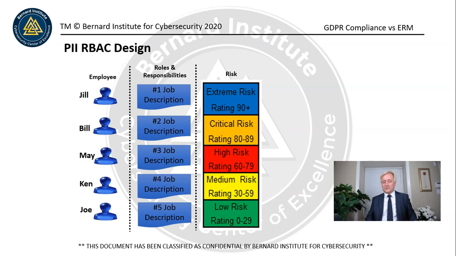So maybe some of the information is considered to be extremely risky. So we need to have a higher level of control for job description 1. Maybe job description 2 is close to a high level. Maybe it's secret and not top secret, for instance. But maybe it needs to have some clear delineation. So we talked about zero trust and limiting authorities, least authority, as concepts within information security and cybersecurity. And this is how these get applied into the architecture of the processes through a simple approach like role-based access control.